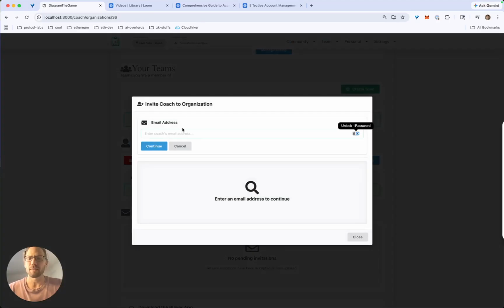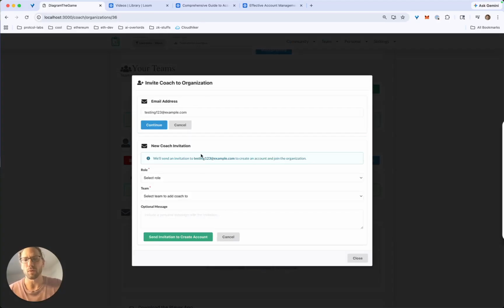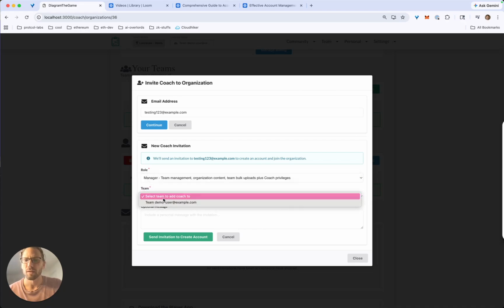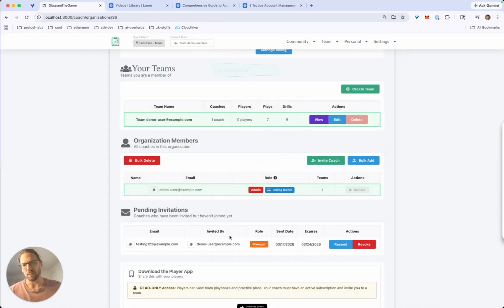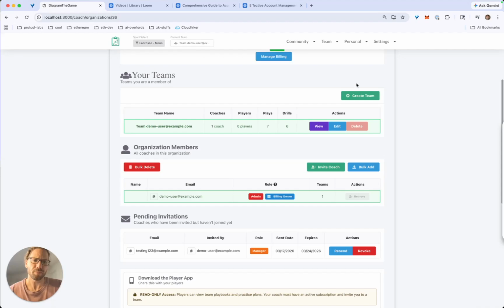You can invite coaches individually if you want. So this is for one-off invitations to a coach. You have to add them to a team, and we can send that invite off. What that will do is that's a pending invitation. So that user has to accept the invitation into the organization before they will be added as an organization member as a manager here. If they logged into their account, they would see this invitation in their profile page and can accept it there. Otherwise, they would accept it in their email, and that would get them into the organization. They could then be added to teams and whatnot. The create team, or the team page, also has a similar section for adding coaches to the team and adding